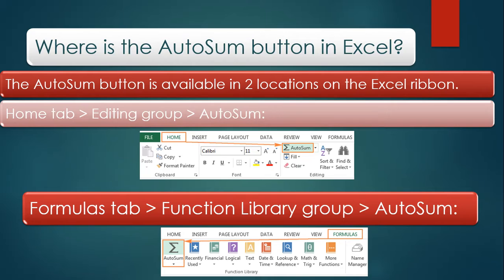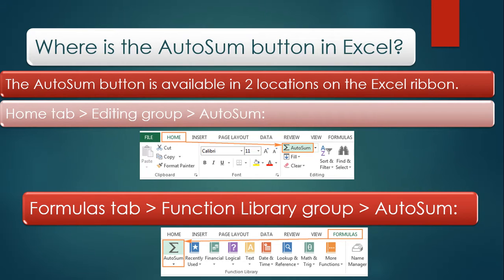Where is the AutoSum button in Excel? The AutoSum button is available in two locations on the Excel ribbon. First, Home tab, Editing group, AutoSum. First, we have to go to the Home tab. When we click on the Home tab, we have to click on the Editing group, and in the Editing group there is